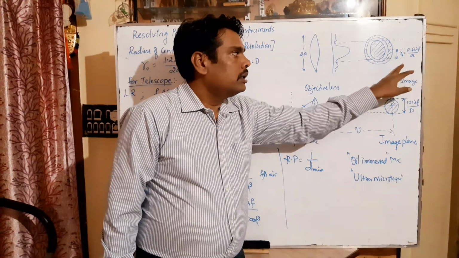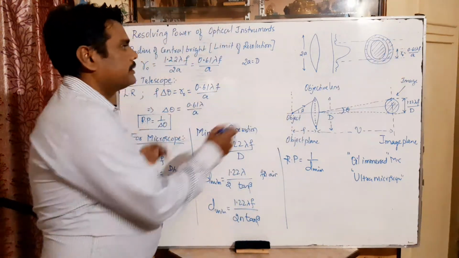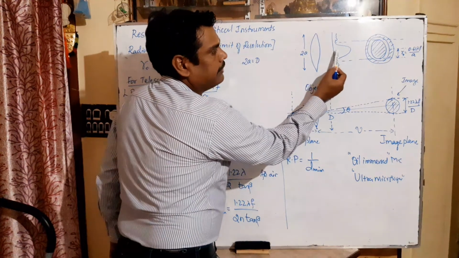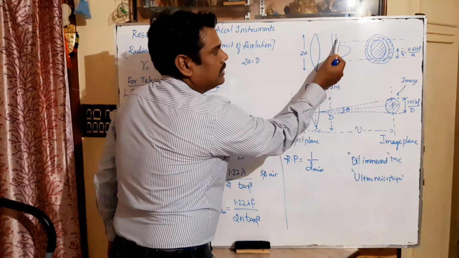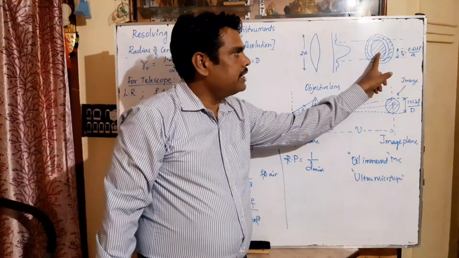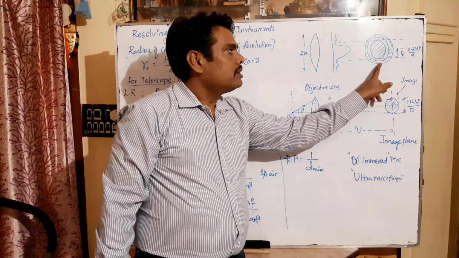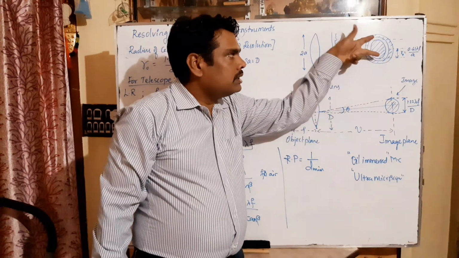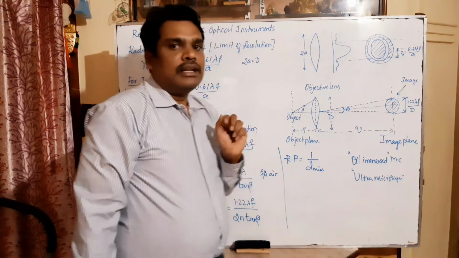Here you only have to remember the direct formula. This is the convex lens and this is the intensity of light. This graph indicates the maximum intensity, the zero intensity, and then the maximum again, but that is the secondary maxima. So this shaded circle is the central maxima, this space is the secondary minima, and the outer shaded space is the secondary maxima. We want the size or radius of the central maxima, because that will decide the resolving power.